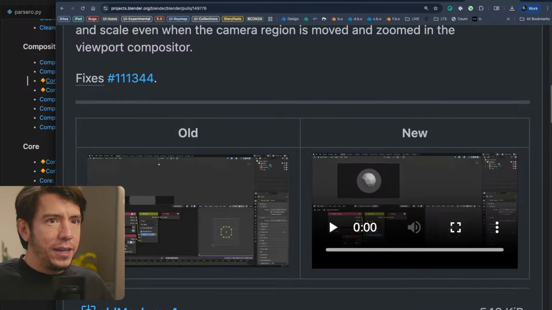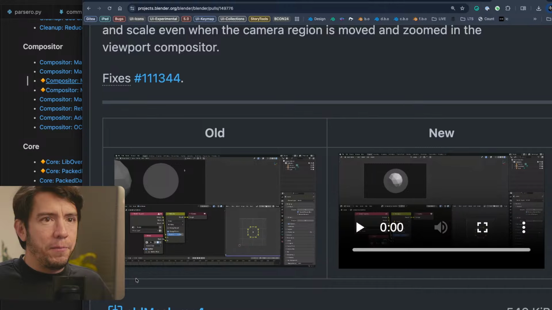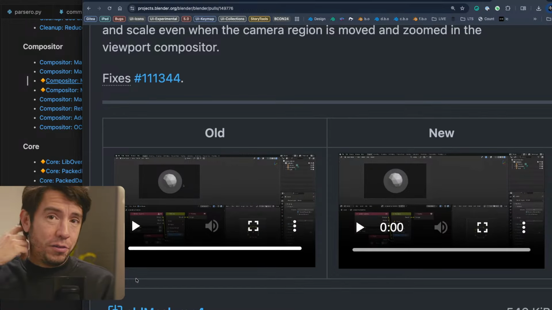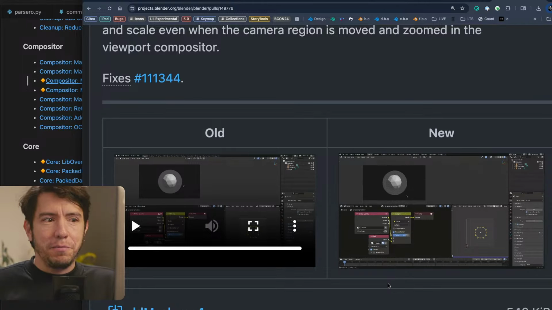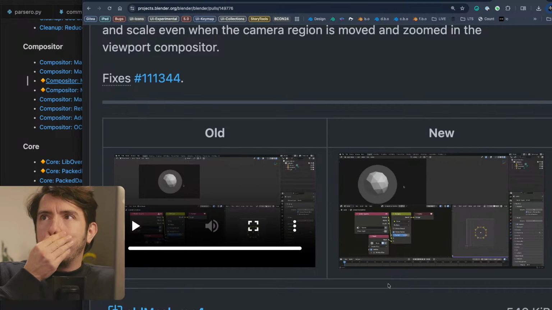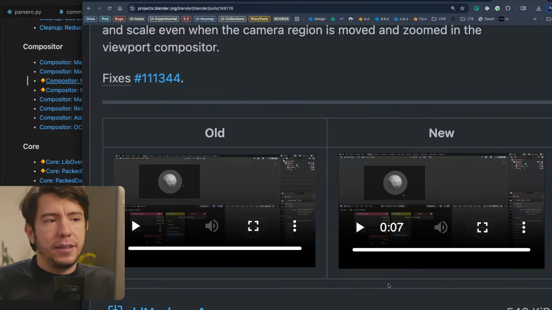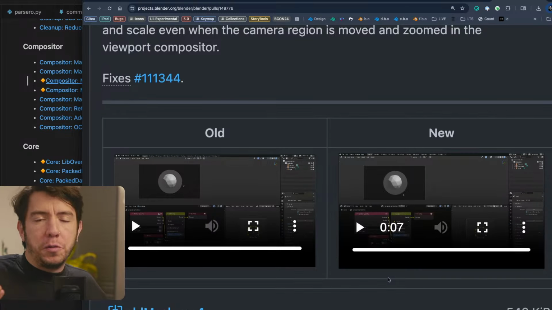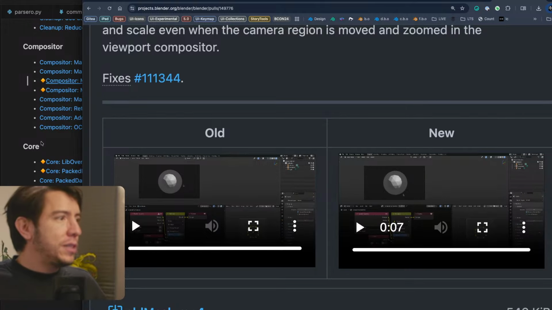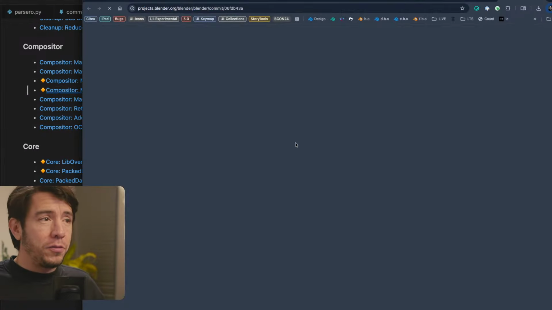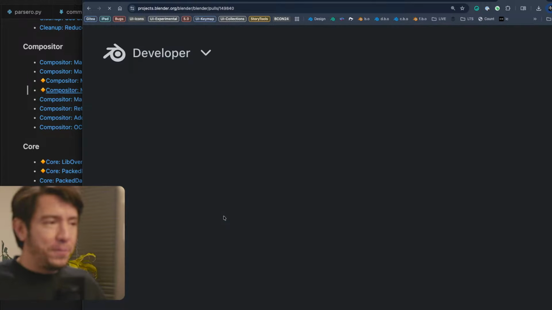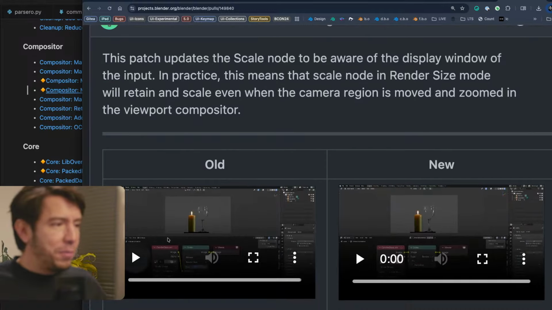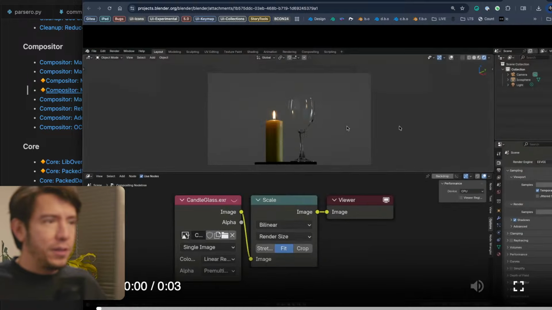So notice how when zooming in and out, the sphere goes all over the place, and this is with the new fix. So basically the proportions or the dimensions that the effects will use are what you would expect from the camera view in the viewport renderer. There's a number of changes similar to this. The scale node, for example, also depended on what you would see in the viewport, meaning it would be very bad. Let's see, this one is in full screen.